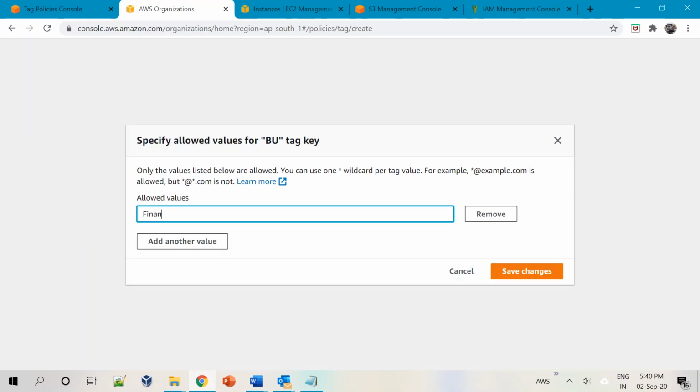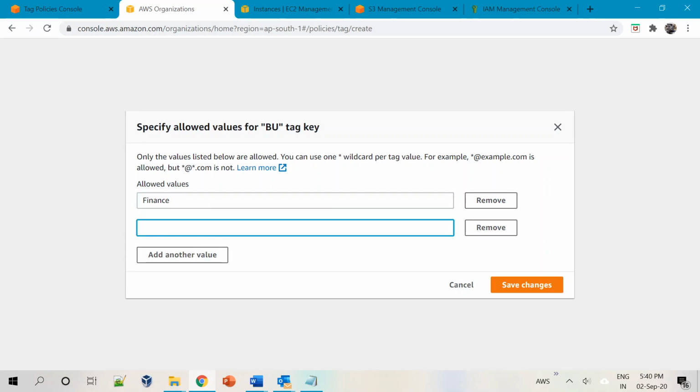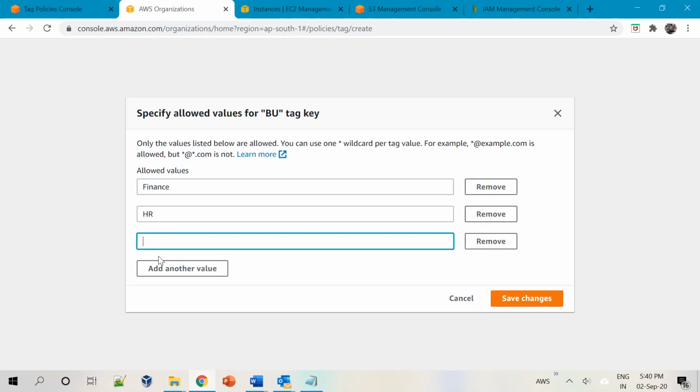So the tag value has to be finance. Business unit has to be either finance or HR, or let's say management.